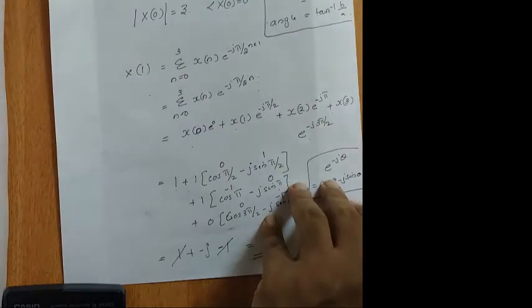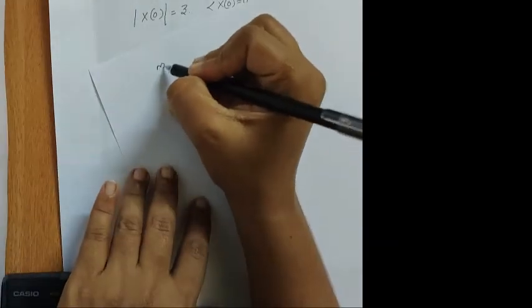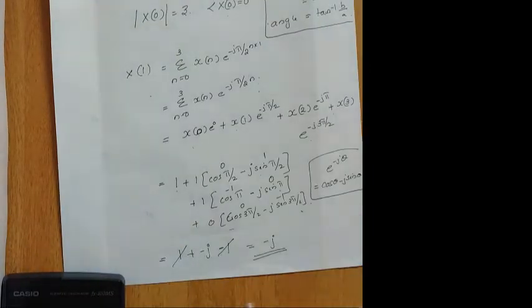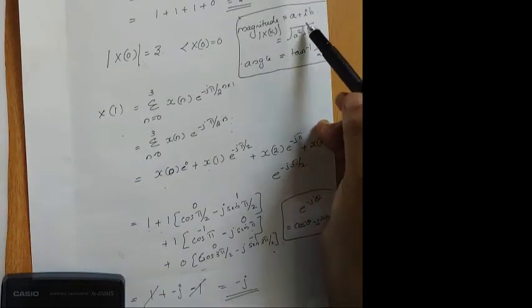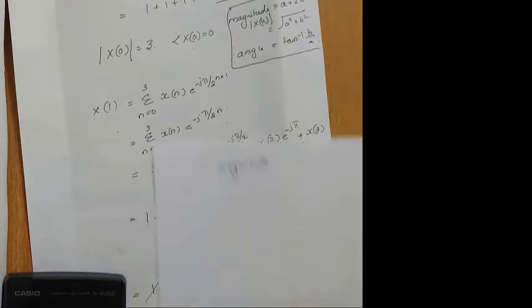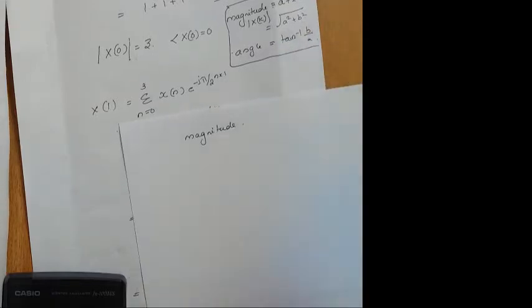Considering the magnitude as well as the phase angle. Considering the magnitude, you don't have a real term over here. The equation was given as a plus ib, so a squared plus b squared. You don't have the value, you have only the imaginary part. So minus j, that squared is minus 1, and the magnitude is the root of that value.